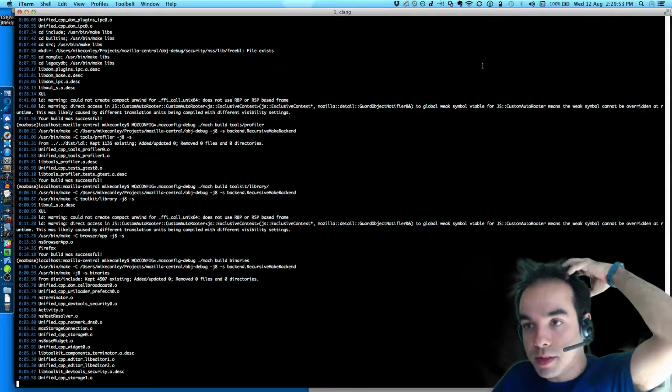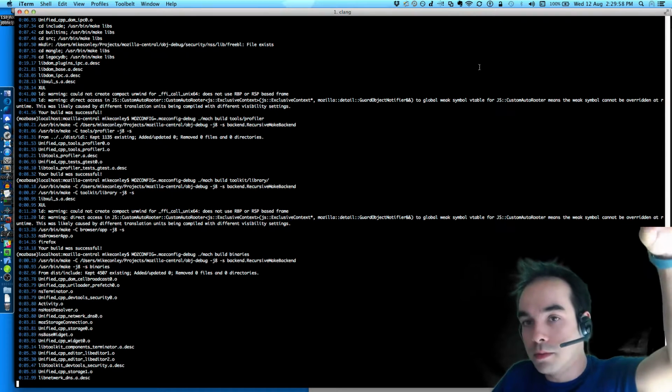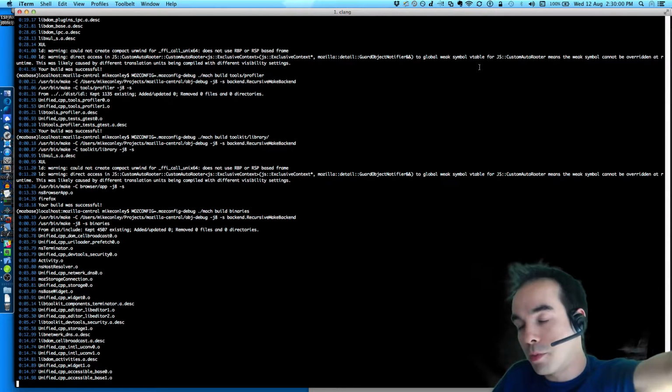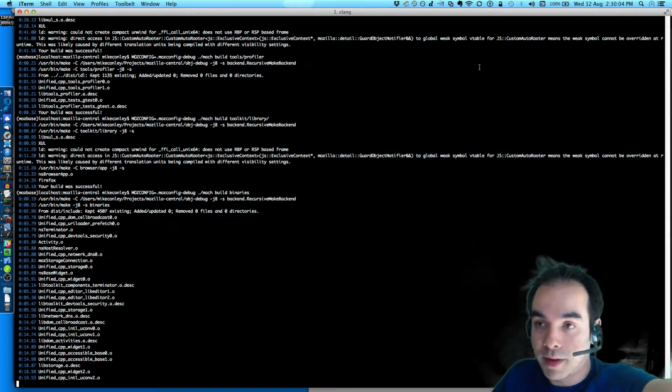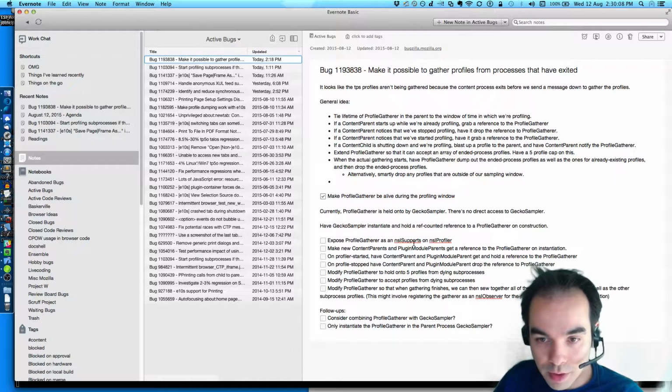You know what? Here's my plan. I'm going to see if this builds. And if it does, I'm going to open the browser and see if I can get the profile gatherer off of the profiler when it's running. It should be null because I haven't actually gotten it yet. And then I will have gotten the infrastructure set up to do this part. And then the rest of this, maybe I can do that next episode.